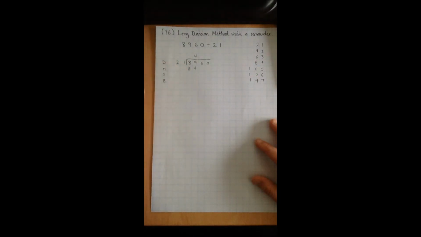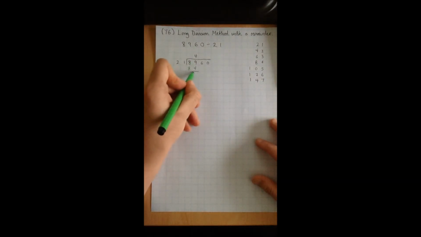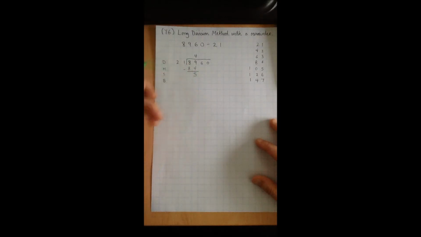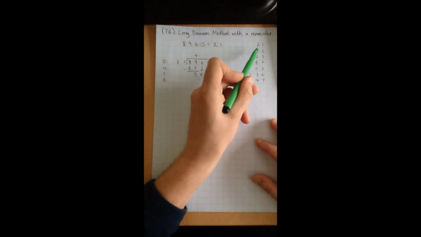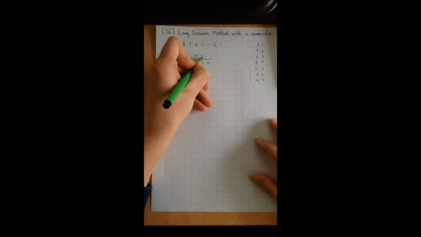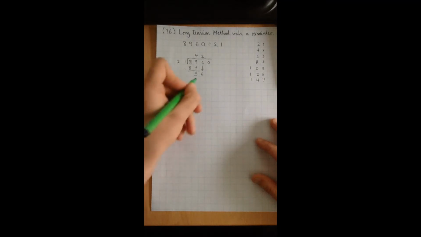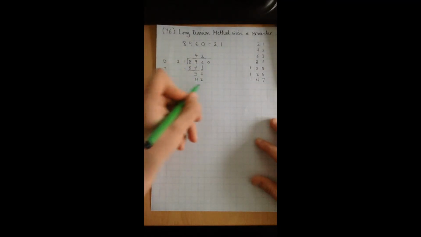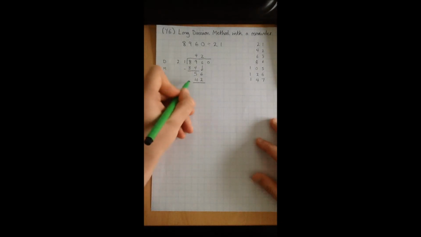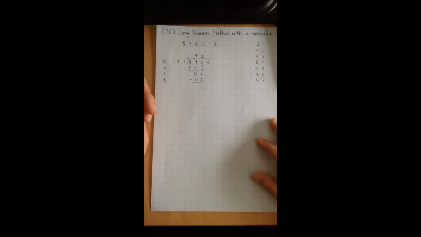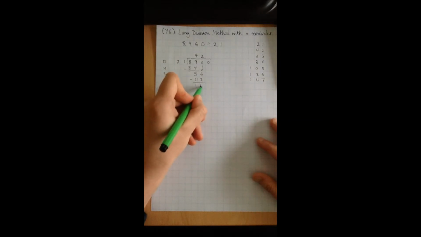Because we've got the jottings, that saves time with those calculations. Now we move on to subtract, so 89 subtract 84, which gives us 5, and then we bring down the 6 from the next column. And there we repeat, so we look at 56 divided by 21, which we can see goes twice. Don't worry about any remainders at the moment. 2 multiplied by 21, which we know is 42, and then we repeat with the subtraction. So now we go 56 minus 42, which we know is 14,